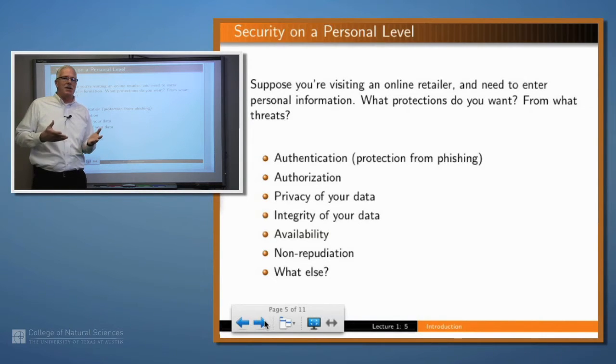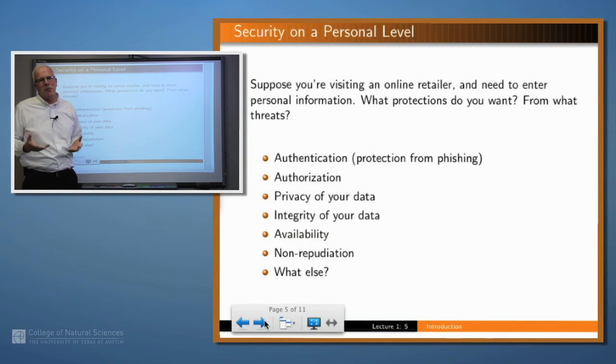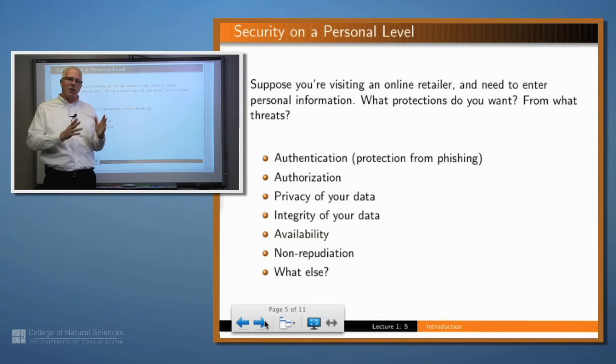Well, that may not be an issue that you have, but it certainly is an issue that Amazon has. They don't want to lose your business by having their website unavailable when you're trying to buy a book from them. And you want non-repudiation. That is, after you've purchased your book and they have charged your credit card, you don't want them to be able to come back and say, "Who are you? We didn't take your money. We don't know who you are." And so non-repudiation means the ability to keep someone from repudiating or denying that a transaction occurred.